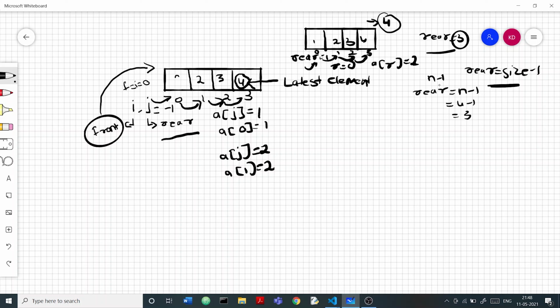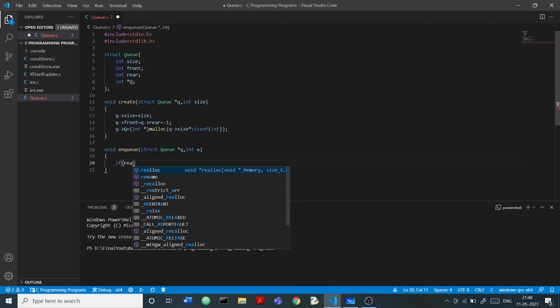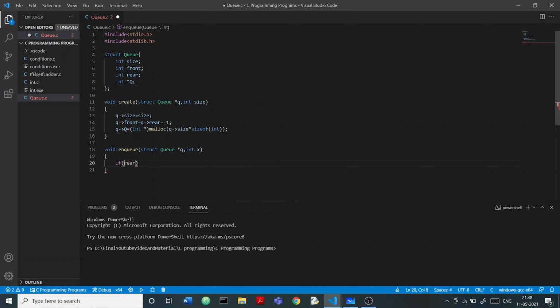So the same concept is going to be applied by us. So let's move to the coding section once again. If rear, so first of all I will write q->rear is equal to q->size minus 1, and you have to remember that you need to write equal to because we are basically comparing them. Okay, then I have to print something,